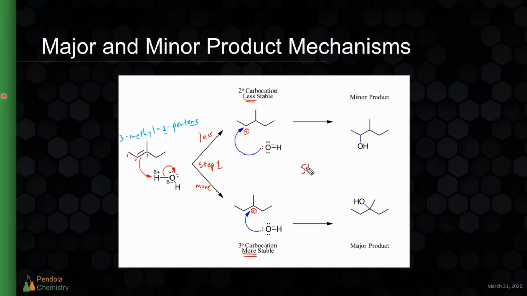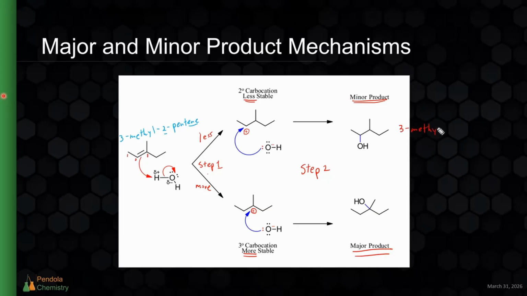Well, then in step 2, when that hydroxide is added to the carbocation, with the tertiary carbocation, it's going to be added to carbon 3, creating the major product. Because there's more of these tertiary carbocations, more hydroxides get added to the 3rd carbon, and we get more of the product that is tertiary. Whereas in the secondary carbocation, which we get less of, we're still going to get hydroxides attached to it, creating our minor product, just less of it, where the hydroxide is added to the 2nd carbon, creating, in this case,